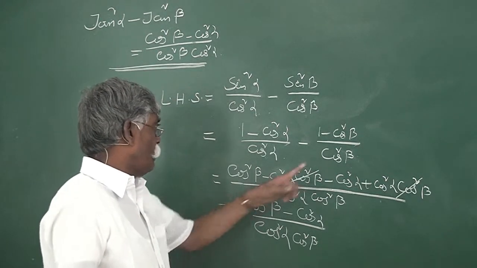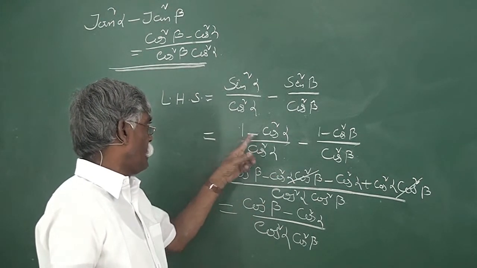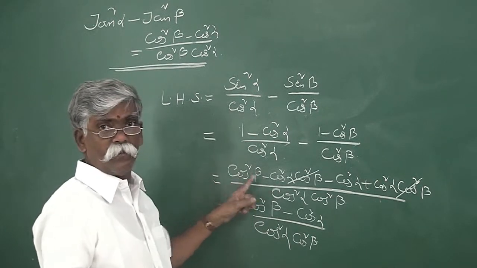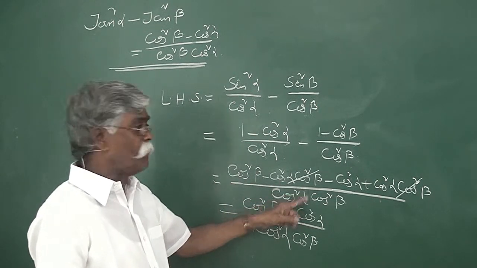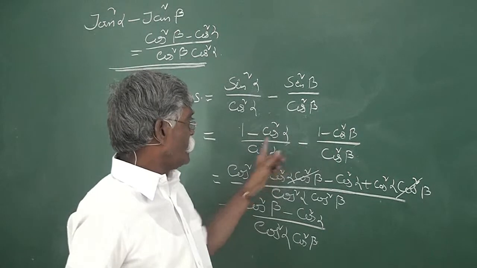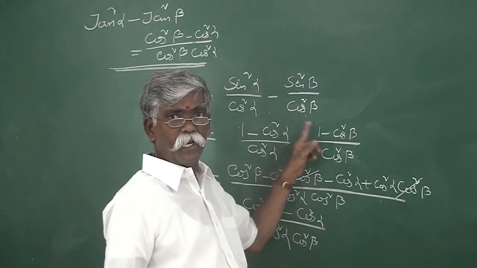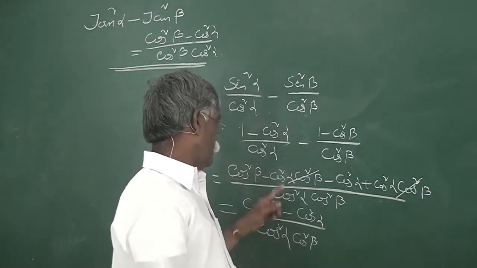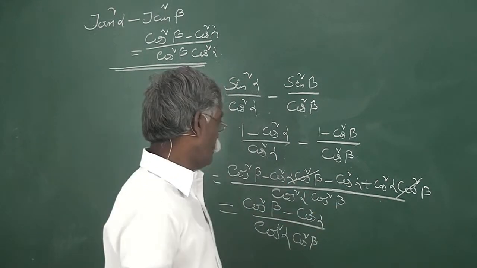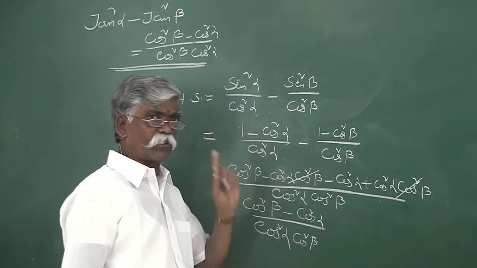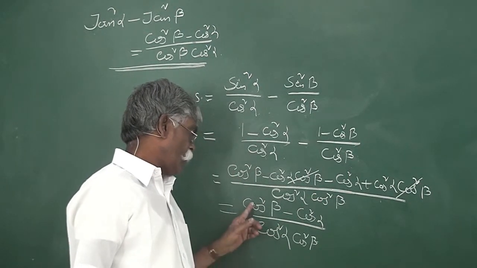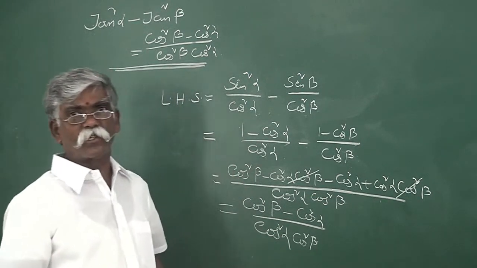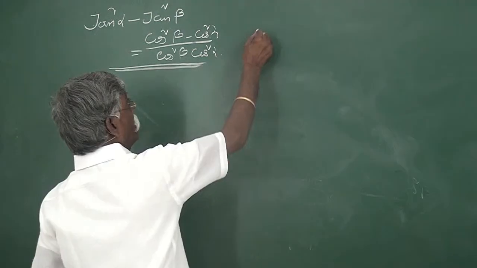Now, after taking the LCM, cos square beta multiplies these two. It is cos square beta minus cos square alpha cos square beta minus cos square alpha, and minus minus becomes plus cos square alpha cos square beta. These two gets cancelled. So we are left with cos square beta minus cos square alpha by cos square alpha cos square beta. Second method,